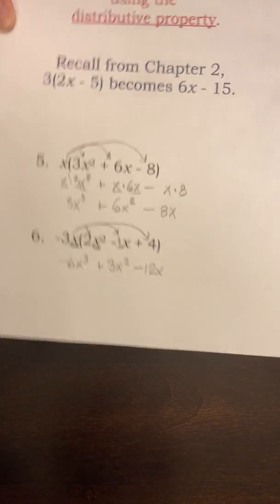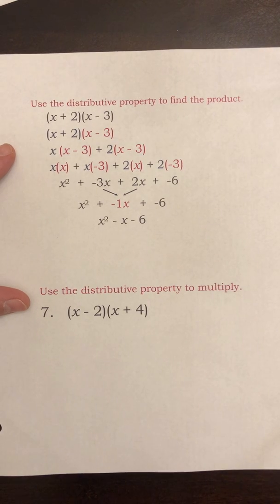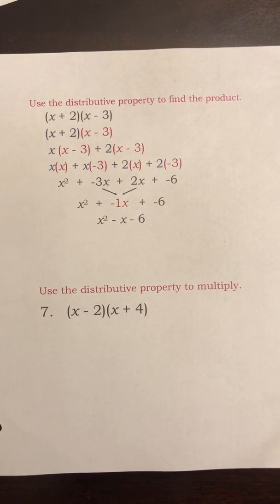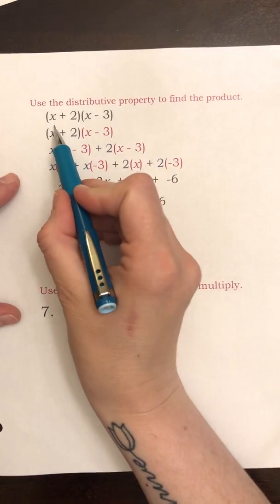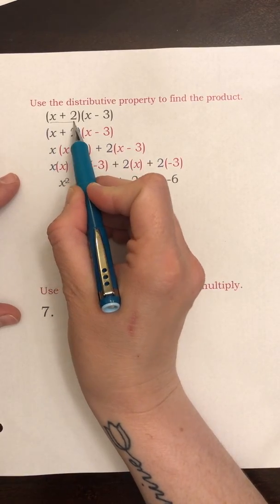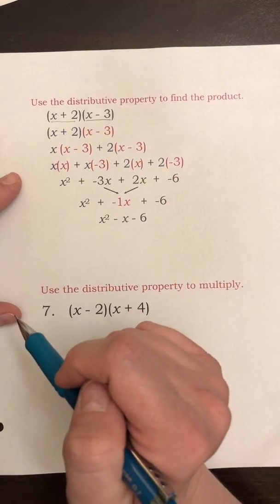of the distributive property. You might be wondering, why are we doing that? Well, I wanted to show you that you can also use the distributive property instead of using FOIL, and some people like this better. So here's the way that this works. So here's a problem. We're multiplying this binomial times this binomial, kind of color coordinated it here to show you